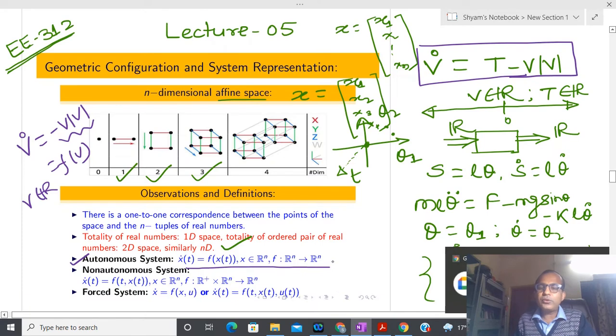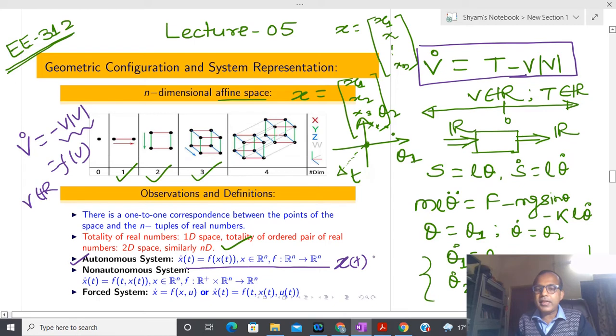If you are not getting my point, then why are you not asking? You have to ask the question. Here I have told you that x(t) corresponds to the state of the system. If I have a second-order system, it means that I have two numbers. So x(t) in the case of the pendulum system is made of theta 1 and theta 2. Either you can say theta and theta dot, or theta 1 and theta 2, both are fine.